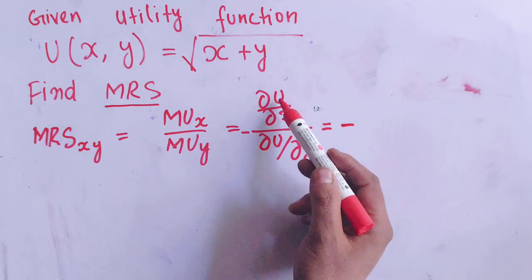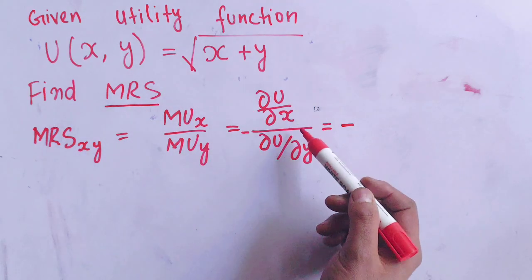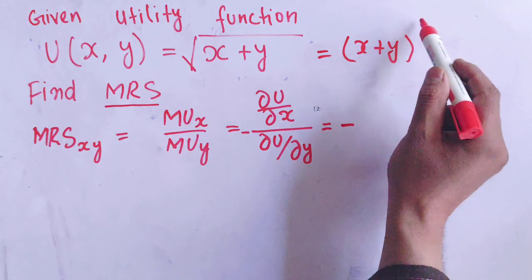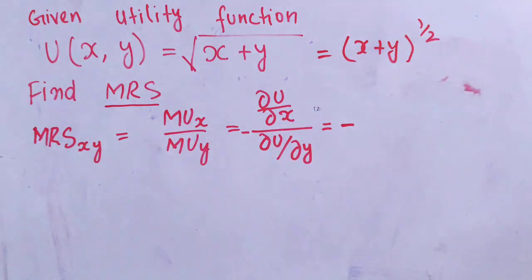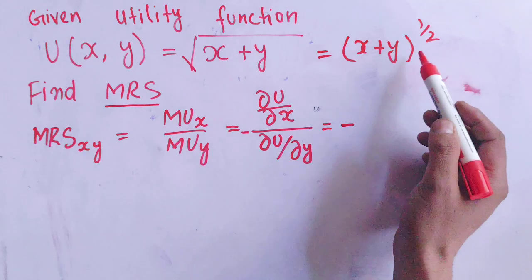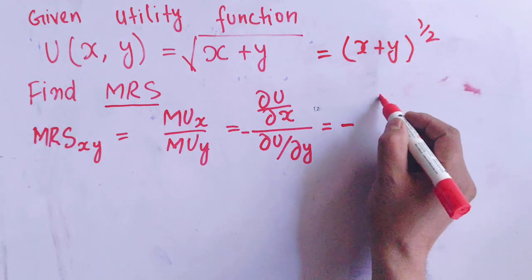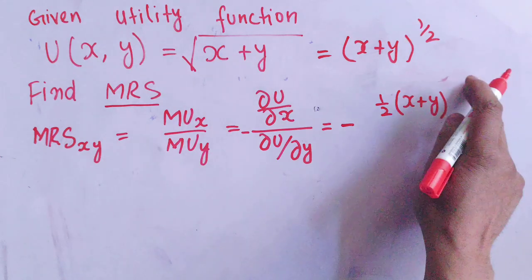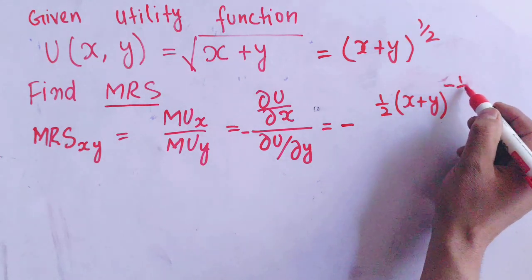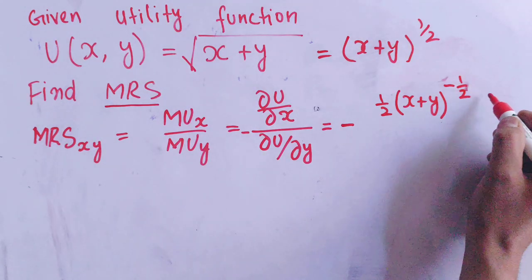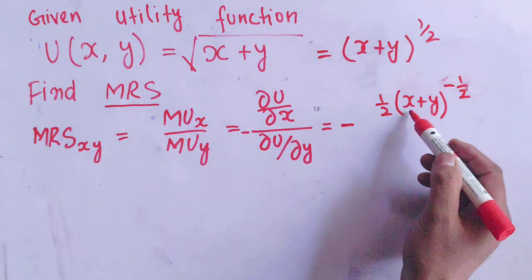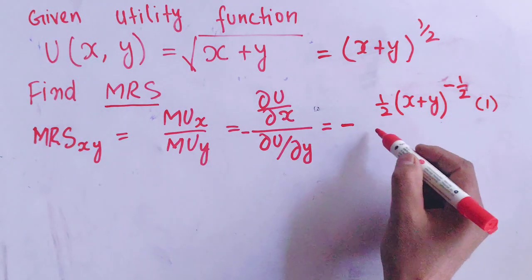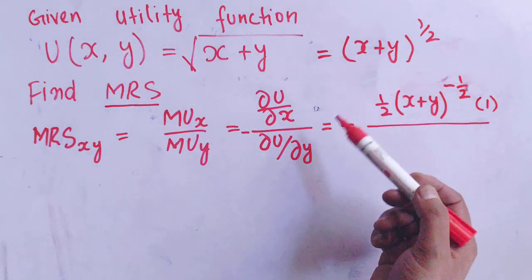What is du upon dx? That is the partial derivative of the utility function with respect to x. So can I write this utility function as (x plus y) whole raised to the power 1 upon 2. Now its derivative with respect to x will be, first we apply the power rule, so the exponent becomes the coefficient, so we have 1 upon 2, then we have x plus y, and the exponent is subtracted by 1, that is minus 1 upon 2, times the derivative of what is in the brackets. The derivative of x is 1, so we are applying the chain rule also, divided by, similarly, du upon dy